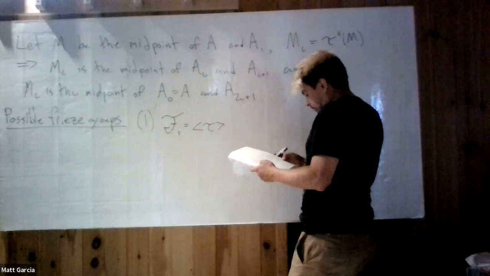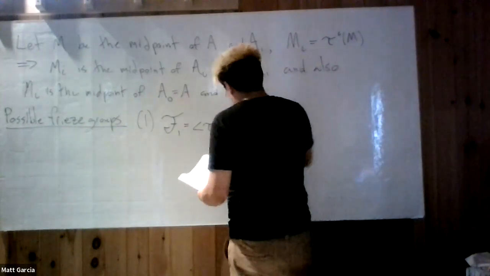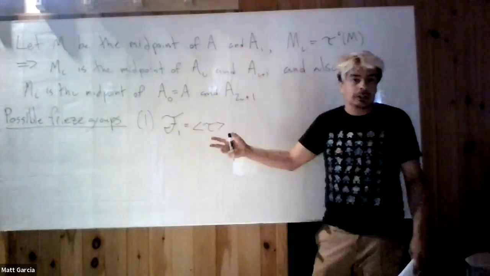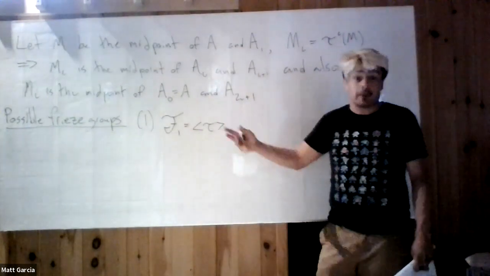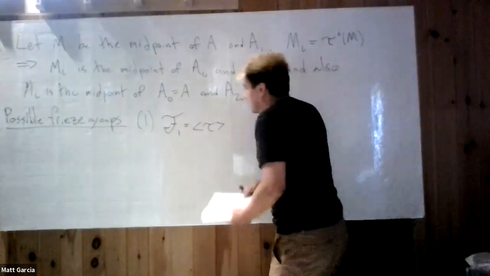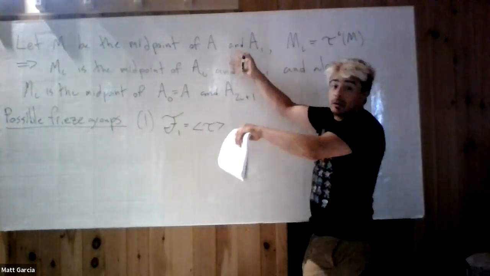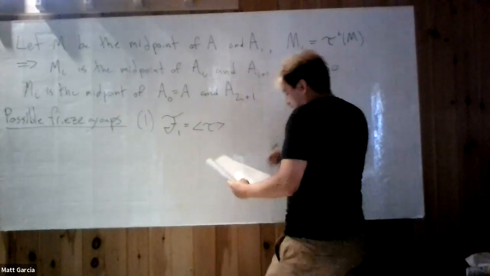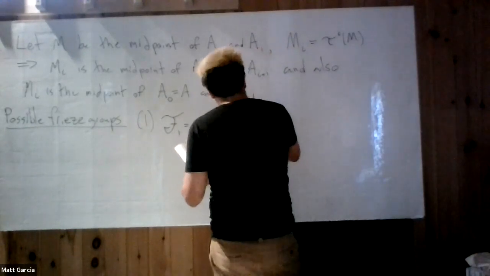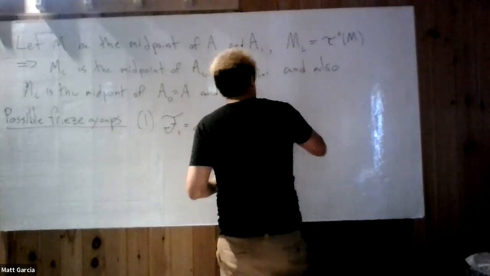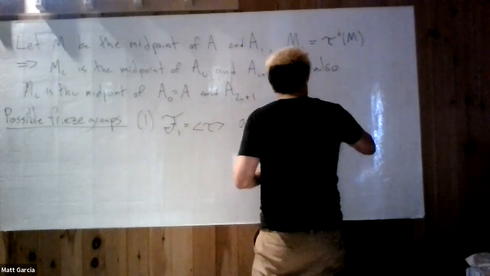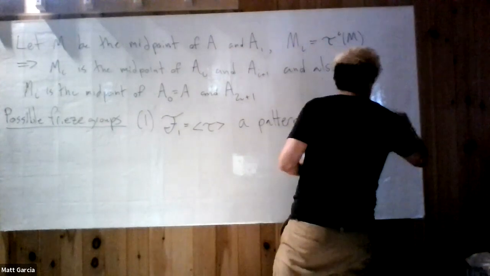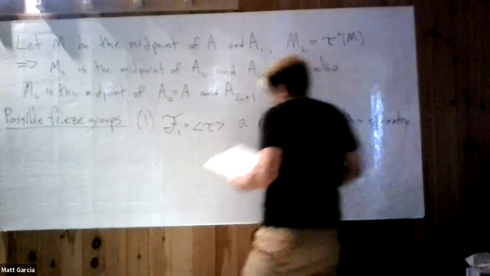So for each of these possible Friese groups, I'm going to draw you an example of a pattern that has that group of symmetries. Okay, and we'll incorporate all the notation that we set up just now beforehand. So let's just say a pattern having this symmetry group